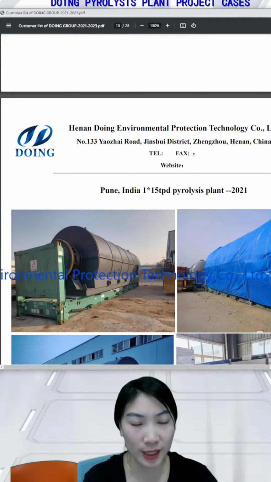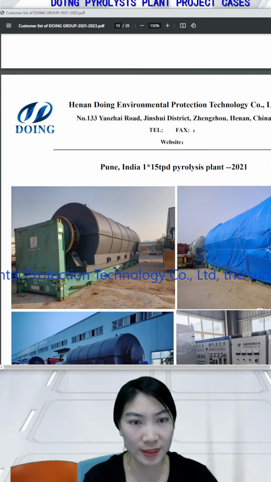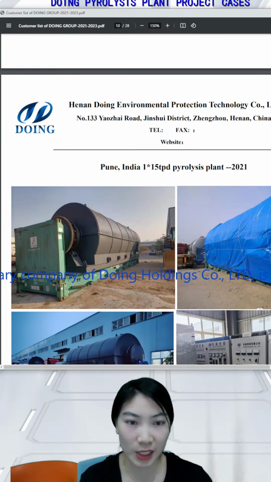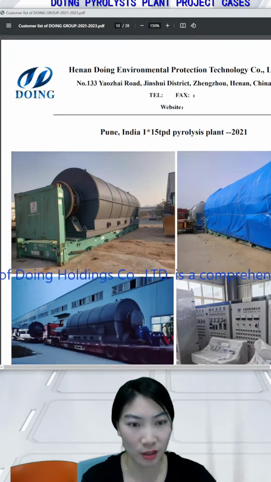Okay, this one we installed in India in 2021. This is the project, one site 15 tons pyrolysis plant. You can see the delivery photo. Normally we use the container to